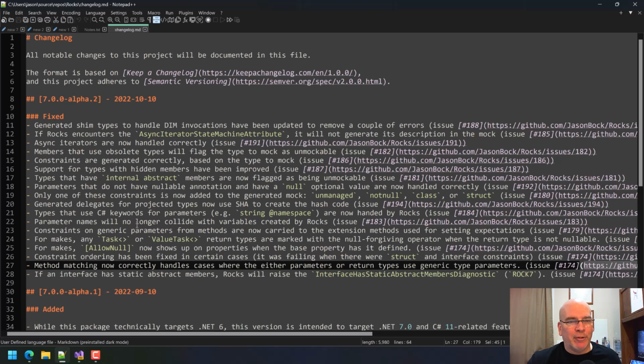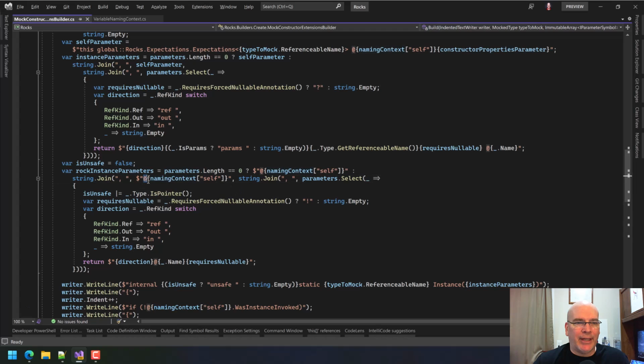Types that use C# keywords for parameters are now handled by Rocks. And this was kind of interesting too, because you may have noticed I have an @ here. Everywhere when I'm putting parameters in, when I'm using variables, I always put the @ sign in front of it now. I first thought I should only do that for parameters, because I never make variables that have names that are C# keywords, but parameters may be done that way. And I first thought, well, I'd only do that for things that are keywords, but then I found out there's keywords and contextual keywords, and it gets a little messy.